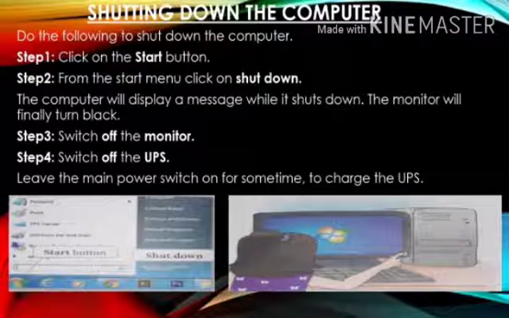Rule 5. Keep the volume of the computer low or use a headphone so that you may not disturb anyone else. Rule 6. Don't snatch the mouse or keyboard from your friend or else they will get destroyed. Once your work is done on the computer, you must shut down the computer.